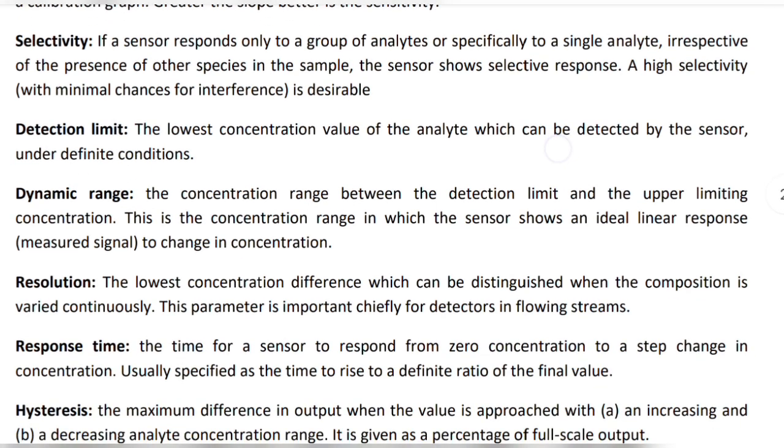Then the next parameter is resolution. Resolution is the lowest concentration difference which can be distinguished when the composition varies continuously. If in a particular sensor the concentration is continuously varying, consider that type of situation, then what is the lowest concentration difference which can be distinguished,